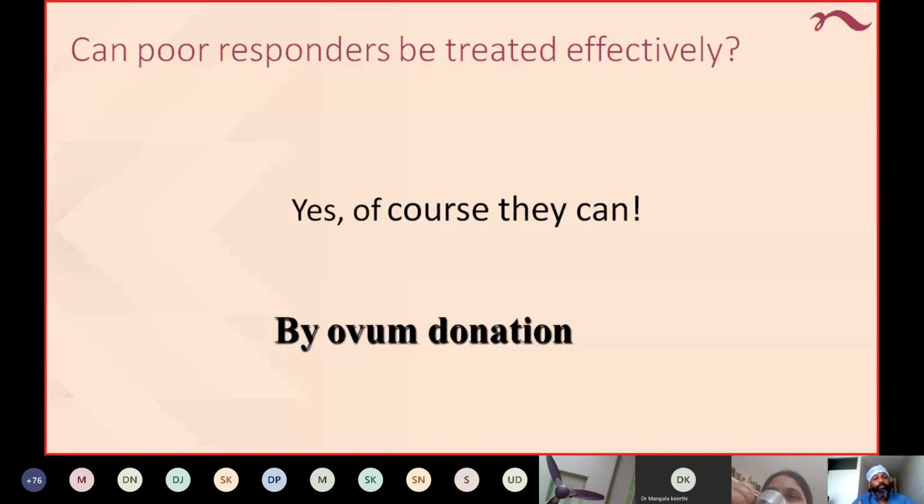You can try. But the best way for such people with low ovarian reserve or hardly any eggs is egg donation. So please put it in their mind that you may have to go for a egg donation program. You will have to get eggs from an egg donor to carry a pregnancy.